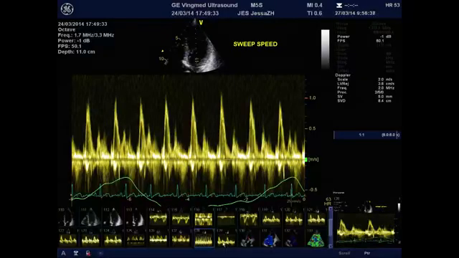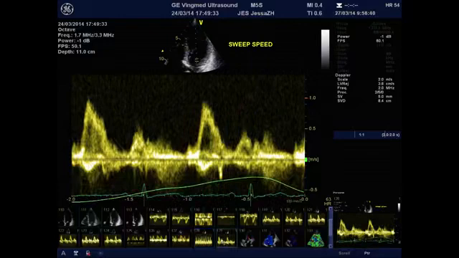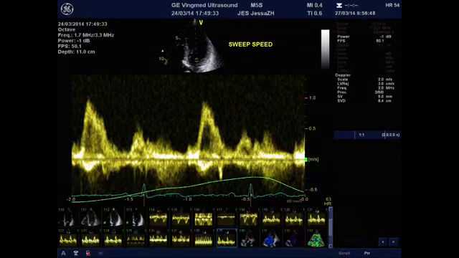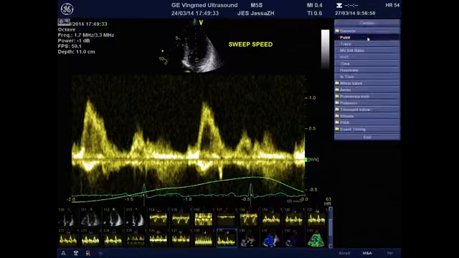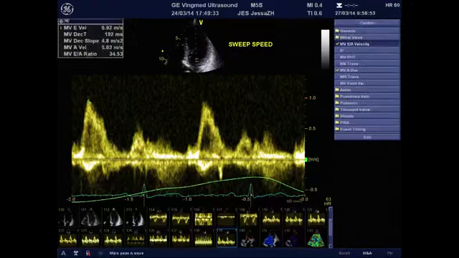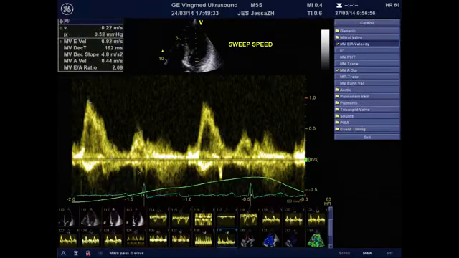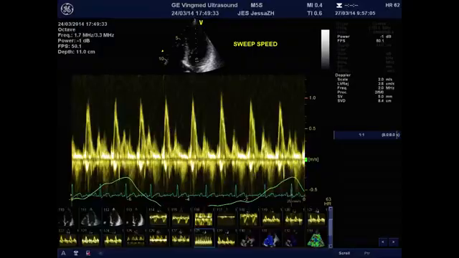One more factor to look at is your sweep speed. To do correct measurements and to measure your Doppler signals well, your sweep speed should be as wide as possible, 100 millimeters per second. At this speed, you can perfectly measure your E, your A, and your duration of the A. However, if you want to look at interbeat variations, if you want to make sure when there is pericardial effusion that there is no respiratory variation, that there is no sign of tamponade, you can use, first of all,